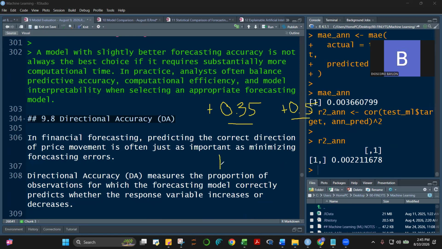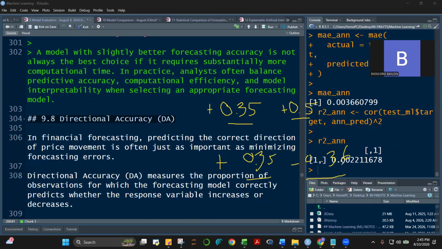Now, suppose on the other hand, you have this other model 0.35, and then this is negative 0.36. Okay, negative. If you take a look at the figures, 0.035, this is negative 0.36, then in terms of absolute value, then this is very close, right?